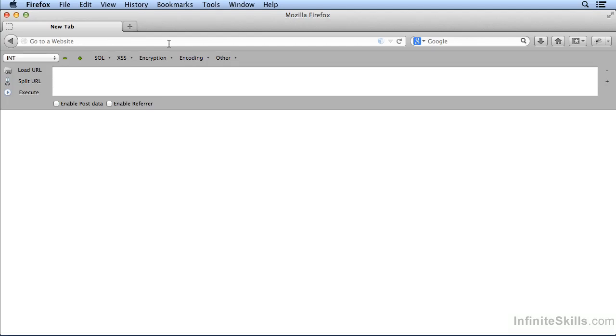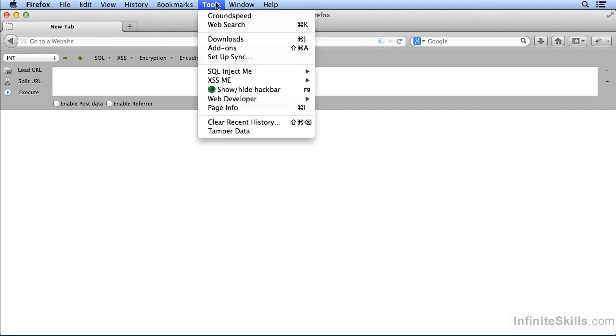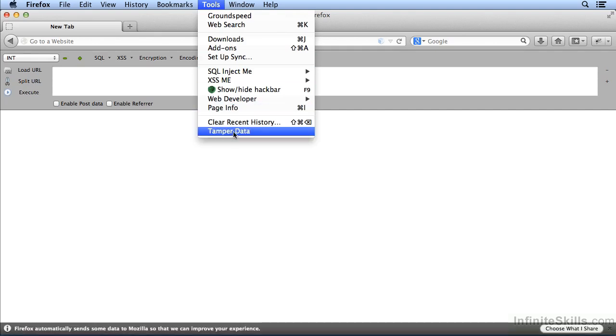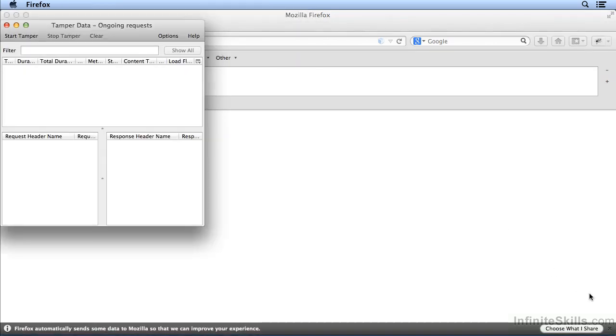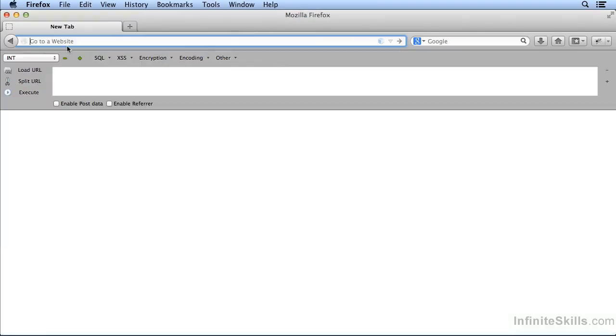In this lesson, we're going to be talking about converting using a tool called Hackbar. Now, Hackbar is an addition to Firefox, and you can actually see it here. It's just a toolbar that goes on top of the screen. And in order to demonstrate how you would use Hackbar, I'm going to make use of another tool called Tamper Data. What I want to do at this point is go to a website,